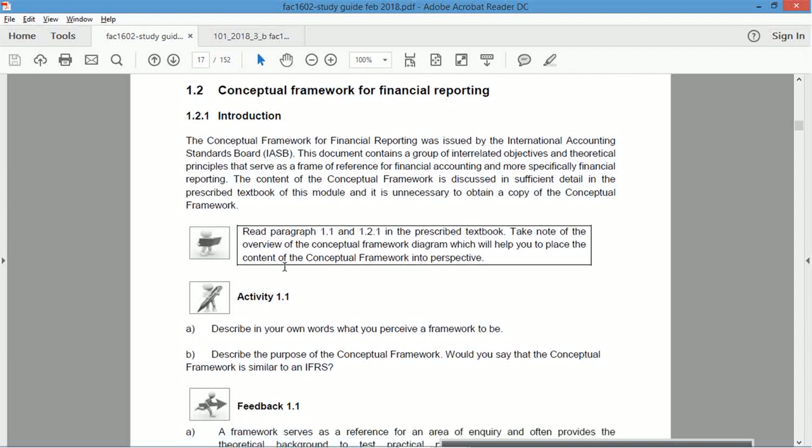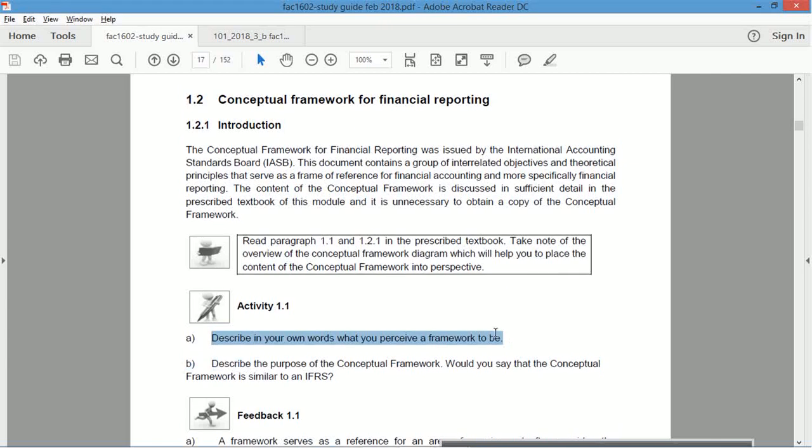Right, so introduction. First thing, describe in your own words what you perceive a framework to be. So a bit of recap. I'm just going to use this as revision for what we covered last week. Describe what the framework is and why it is important. Isn't the framework like the disclosure of what needs to happen? Not quite. The framework creates the accounts, not accounts, but it's like the foundation that the IFRS is based on,